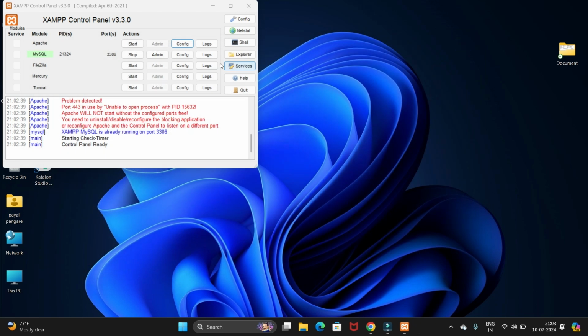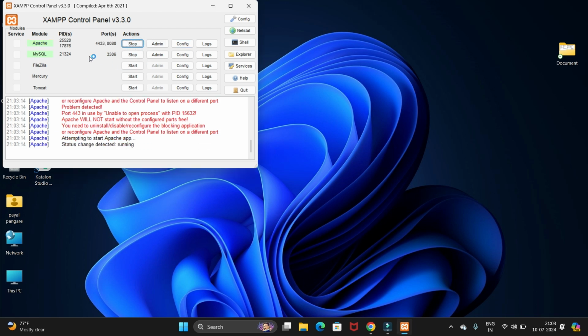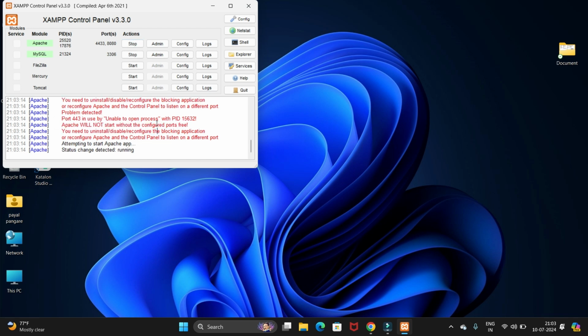and close this, and now again start Apache. So it has started, you can see. So in this way you can do the configuration for the Apache